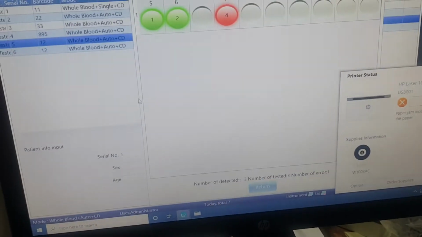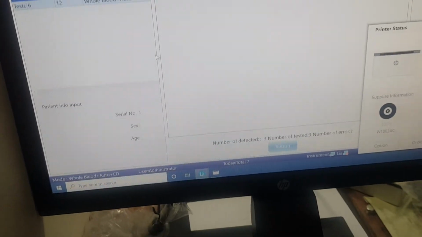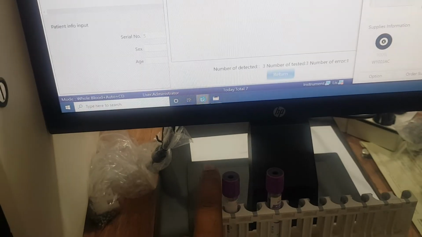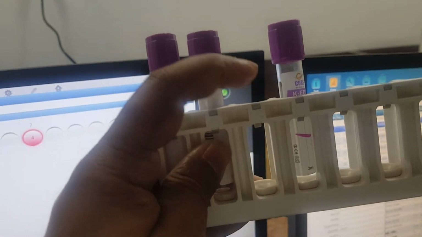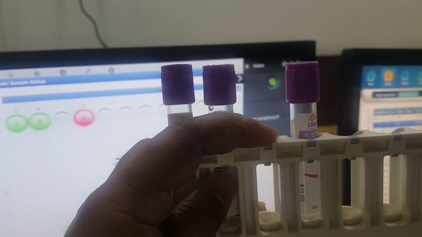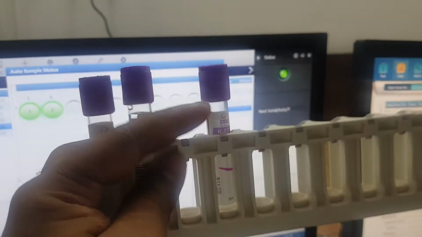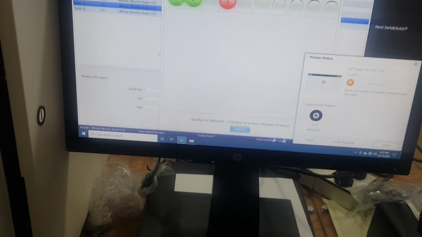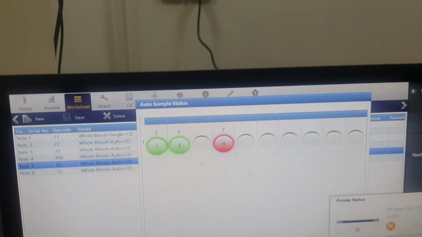So what the analyzer did: number 5, number 6, number 7, but 7 is empty, so it should run in position 8. The serial number should come to position 8,